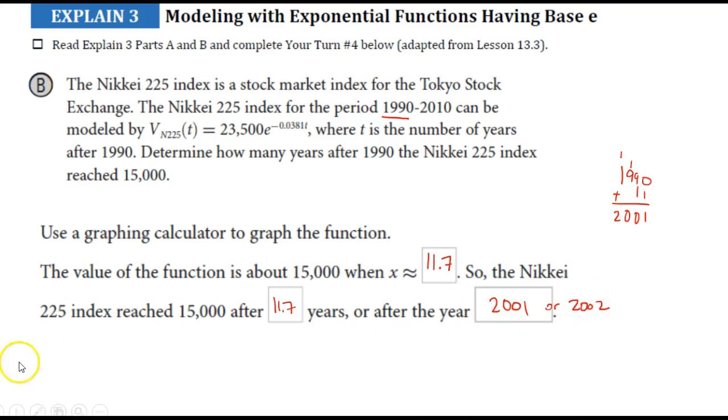Okay? Alright. It looks like we did part A and part B, so go ahead and pause here and do the Explain 3 in your packet. I really hope that the tool I showed you, not only for graphing using Desmos, but also for using Desmos as a calculator, especially for this section, helps out a lot. Alright,